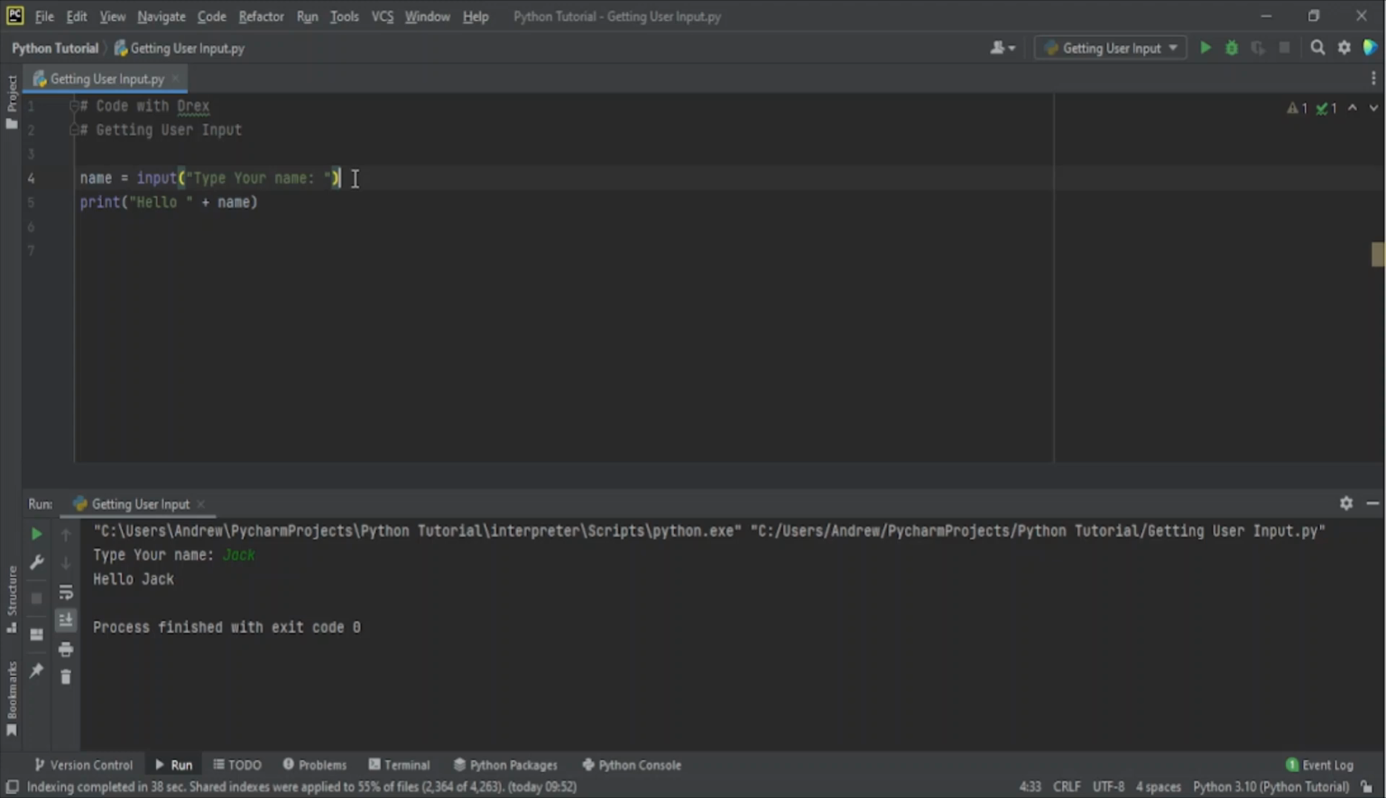Now let's say we want to collect age as an input. Age equals input, "type your age". But as I said earlier, if you're expecting another data type, you have to convert your input to that data type. So here it is going to give us age as a string, because when we print out age here,